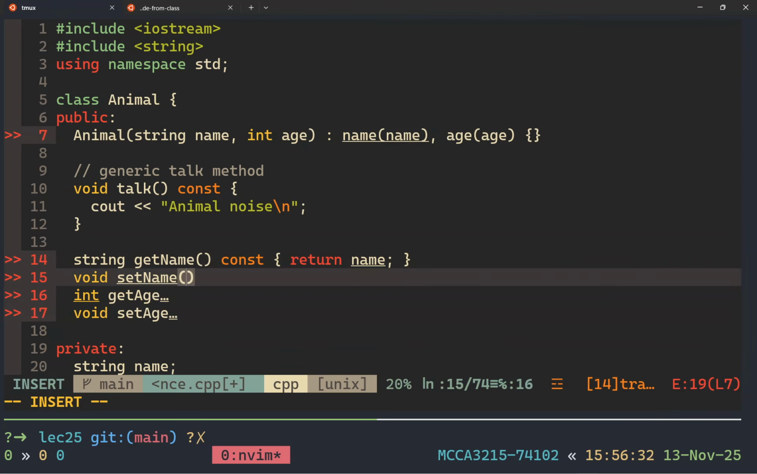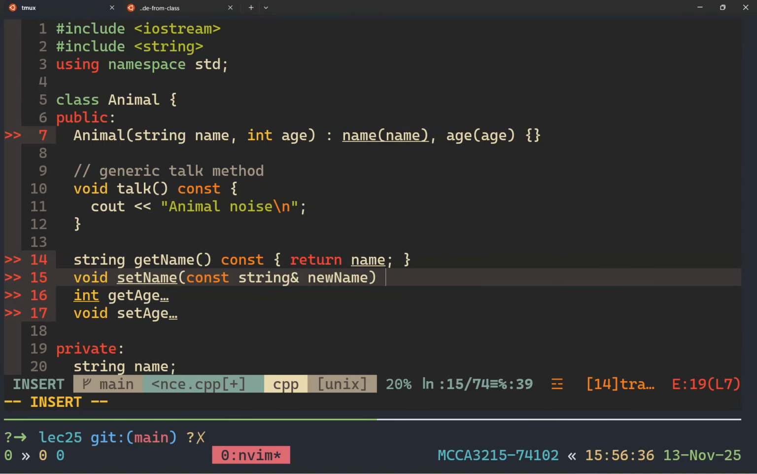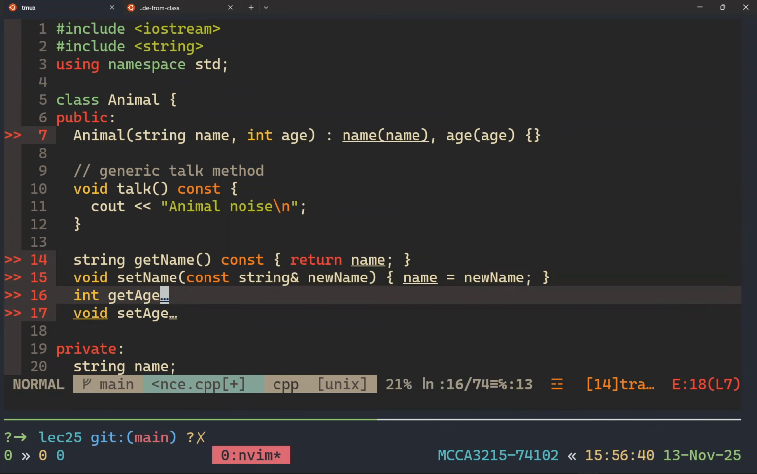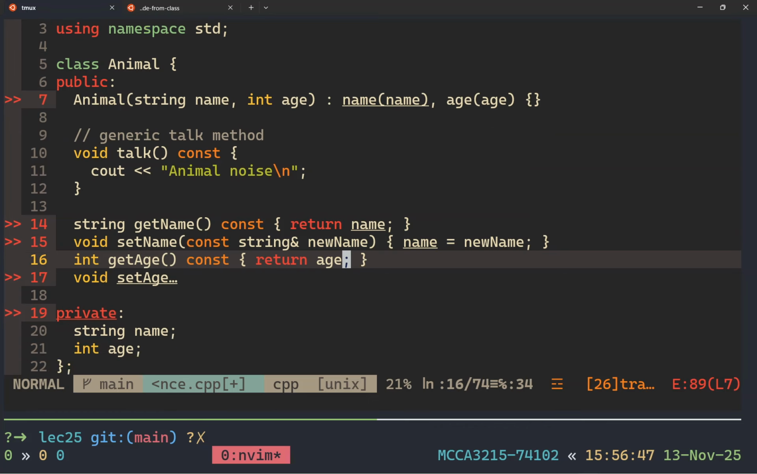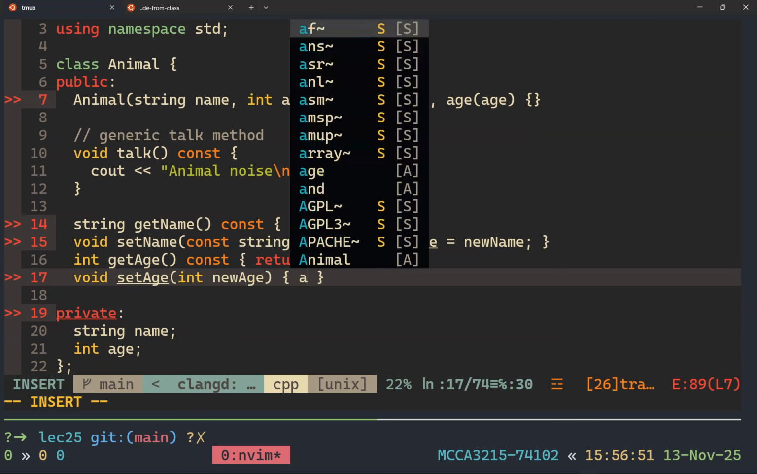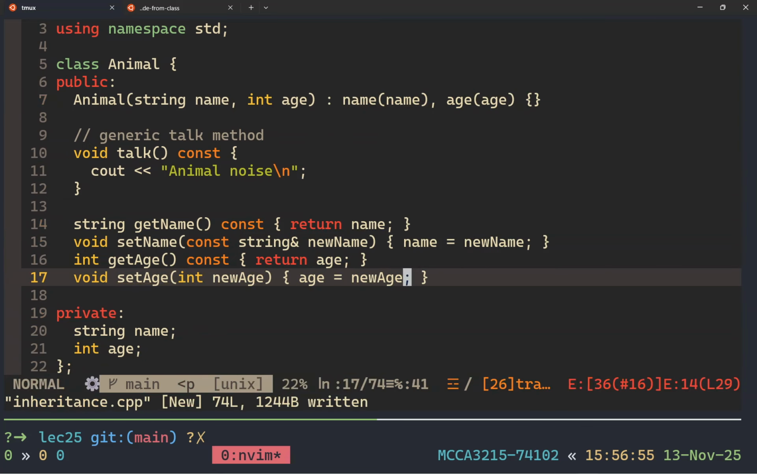The set name takes a new name, const string new name, and it sets the name member variable to that new thing. The get age is const, and it returns the age, which is our member variable down there. And then set age takes a new age and sets our age member variable to new age, because we are good object-oriented programmers. That is the animal class. Okay, so now